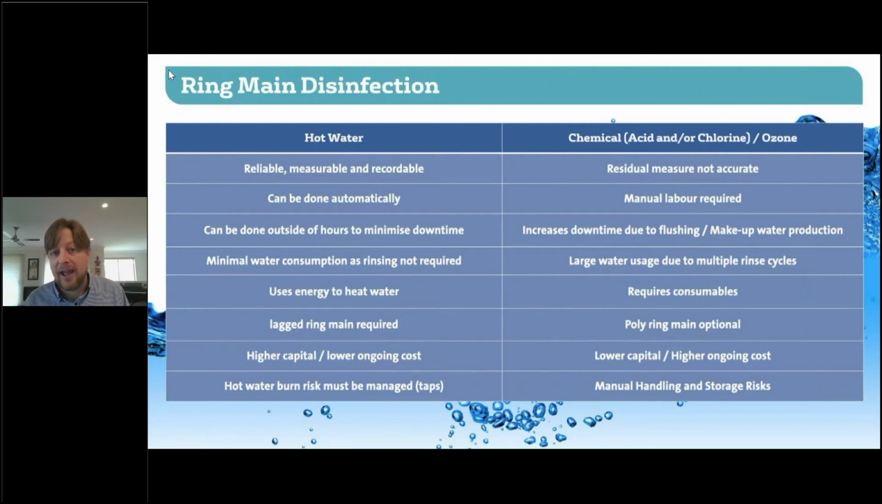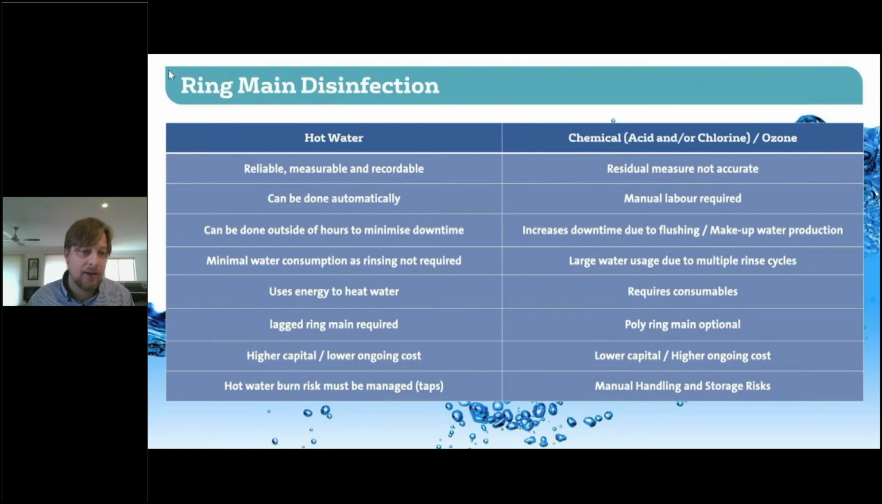It can be done outside of hours to minimize downtime. It uses a minimal amount of water because you're heating the water up, flushing it around the loop, and then you're doing a dump and it's done. And then you refill with new water. You don't have to flush the system. But it obviously does use energy to heat the water, and you do have to lag the ring main. So there is some higher capital cost with a hot water sanitization system, but of course the ongoing cost is lower. The risk with a hot water system is fairly minimal, other than